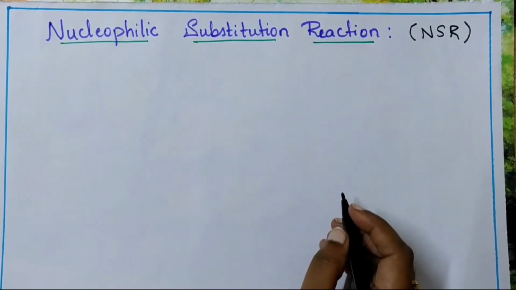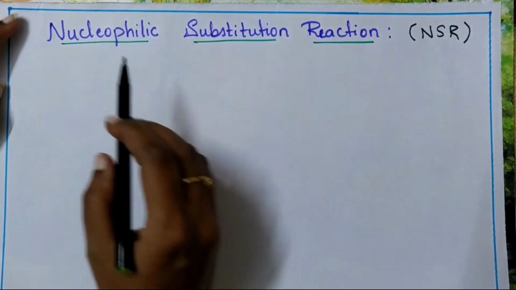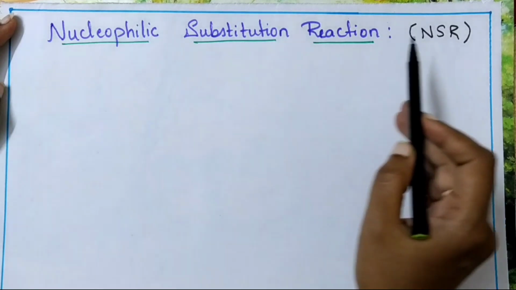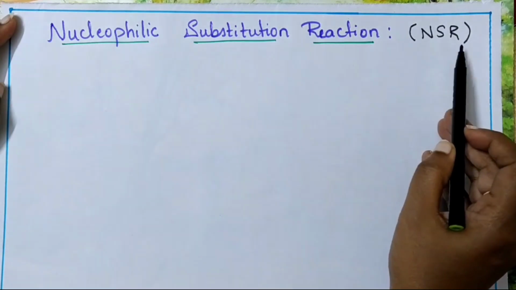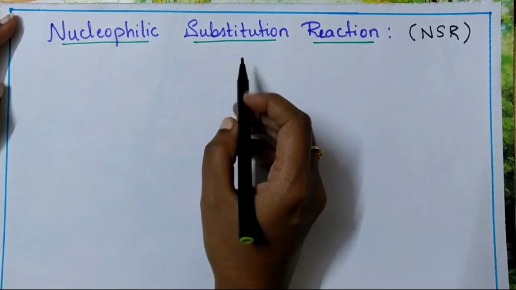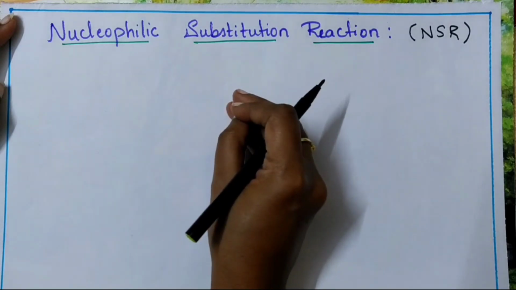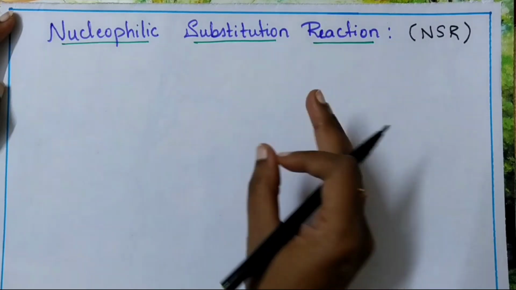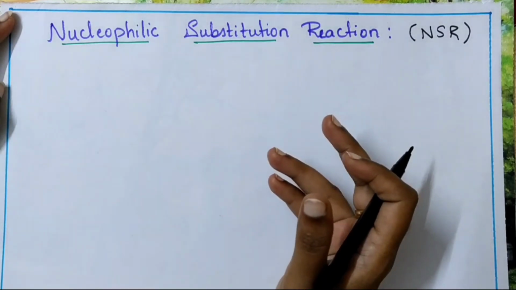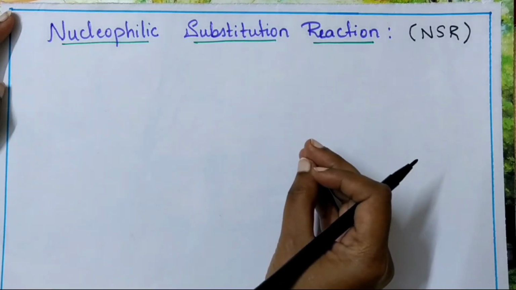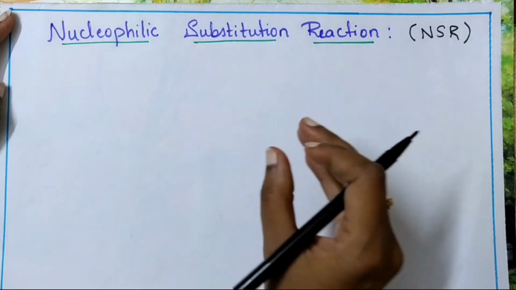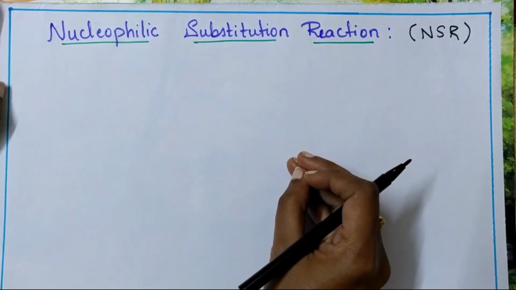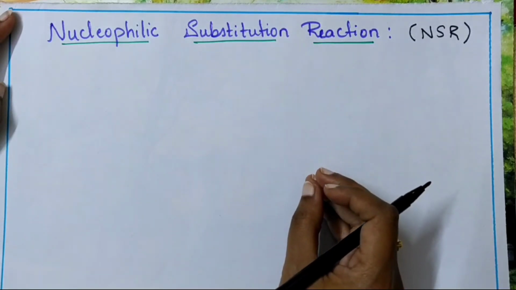Hello students. In our last class, we discussed nucleophilic substitution reaction. In short form, you can also call it NSR. And we came to know how to write this nucleophilic substitution reaction in a general way. Along with it, we also discussed nucleophile, electrophile, examples for them, and the charges we represent for a particular nucleophile and electrophile. And also we discussed ambidentate ligand and a few examples regarding them.